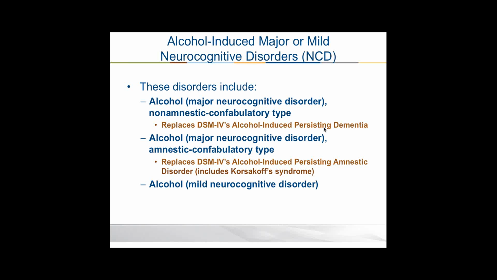Confabulation is a word that describes a behavior that is associated typically with dementia, and especially with amnesia, where the individual actually makes up a history and confabulates. It's another word for lying, although the individual is not consciously lying. So what you will find, especially in the amnestic confabulatory type of alcohol-related major neurocognitive disorder, is that the person will confabulate. For example, a person's doctor or nurse will come into his or her room, and the person will not remember that half an hour ago or 2 hours ago or yesterday they saw this person, talked about their condition, the person introduced him or herself,